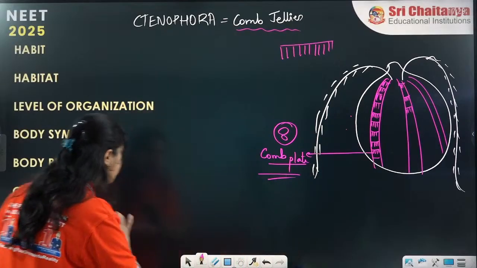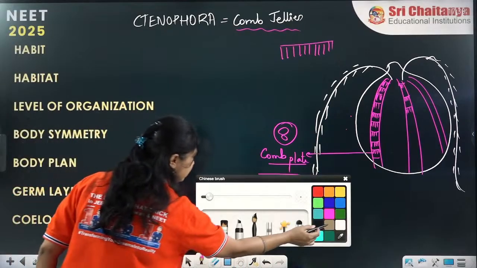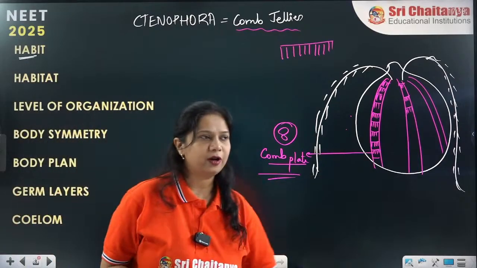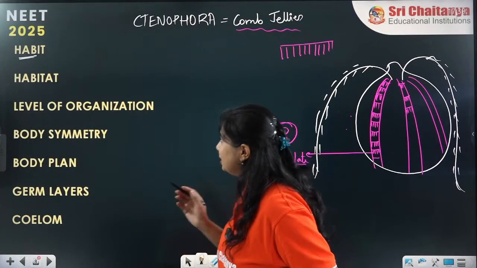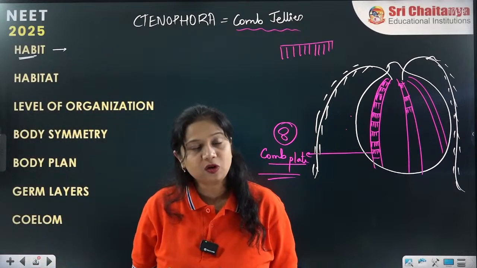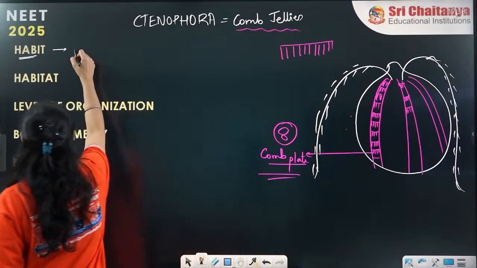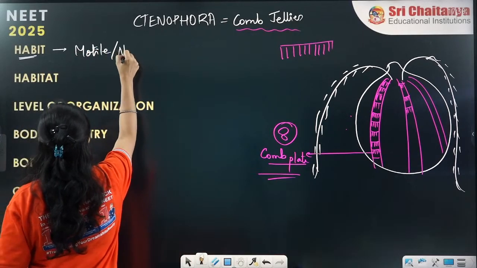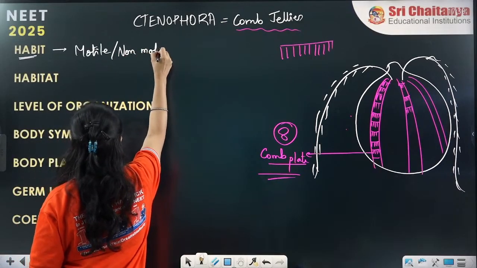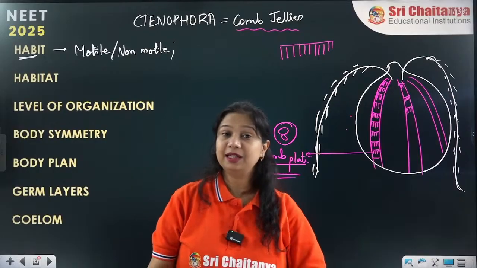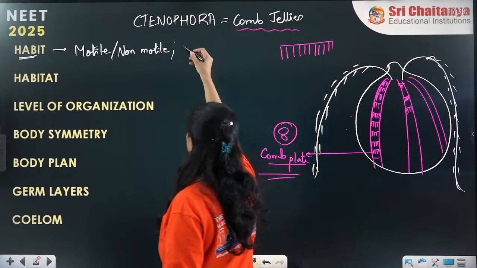Now moving on to the most important general characteristics of the phylum Ctenophora. They have important characteristics like the habit. What is their habit? These organisms are motile. Some of them are motile and some of them can be non-motile also. Motile as well as non-motile forms are present, and these organisms show